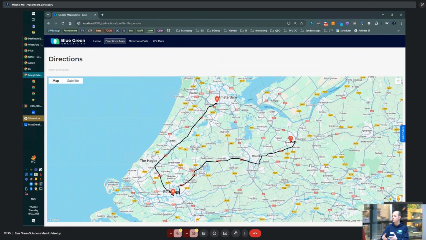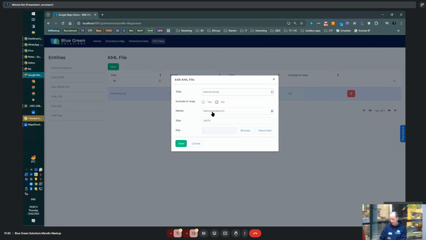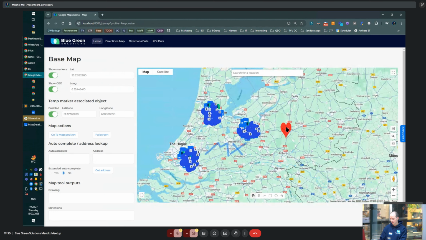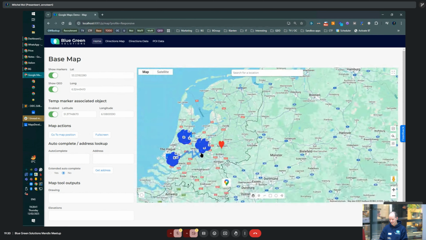If we go to this, this is the backend, very ugly, I know, but I'm gonna turn on some things that you need for the quiz later. Hint, hint. Now I have some GeoJSON that I loaded directly from the database, and as you can see, we have a nice heart. It's not as nice as the one from the presentation, but it does the trick, and it's purely based on JSON and pointers and colors and whatnot. And of course, we have some Mendix text.